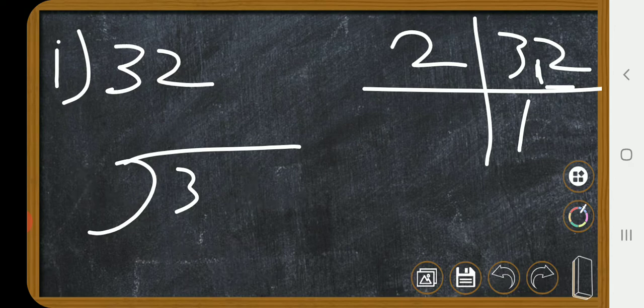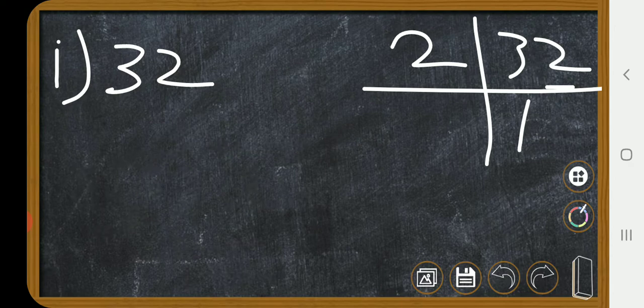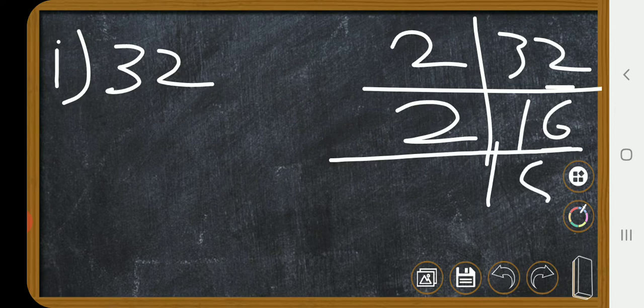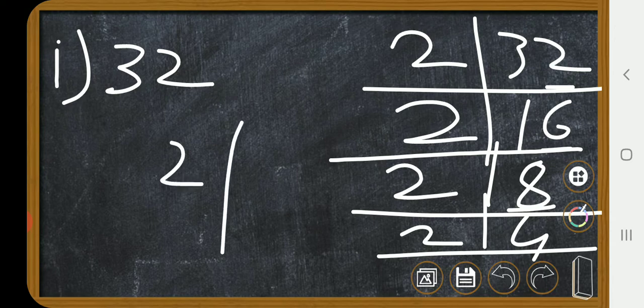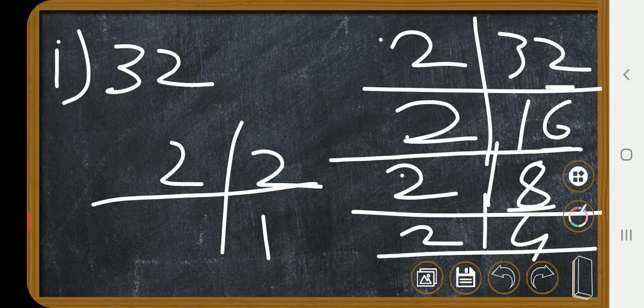Understood? What you have to write there? By what we are writing? So 2 6s are 12. Now 16, 6 is the unit place, so it is divisible by 2 also. 2 8s are 16. Again 8 is there, which is in the table of 2. 2 4s are 8, then 2 2s are 4. I'll write this side. 2 2s are 4 and 2 1s are 2. So these five 2s are the factors of 32 in the vertical arrangement.